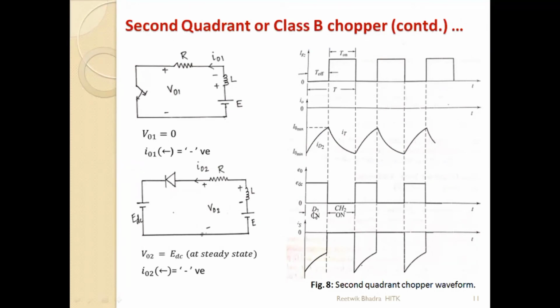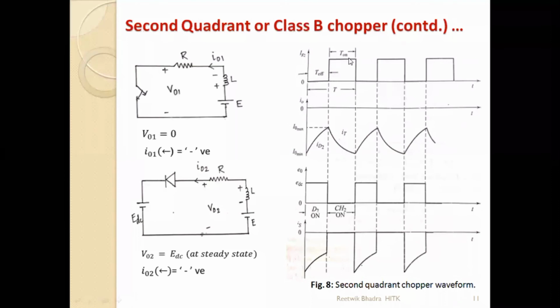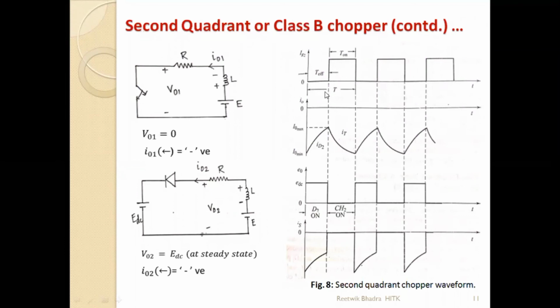Now you should understand a little bit from this figure. See this gate pulse. First is off, then on cycle. So first we will draw the off cycle, then we'll draw the on cycle. You can draw the opposite way also, no problem, but for understanding purposes they have drawn it like this: off cycle and then on cycle. So we'll consider the off cycle first. Which one is the off cycle? This one, that means the switch is off. What is my voltage during the off cycle? EDC. Diode D2 is on during this period.